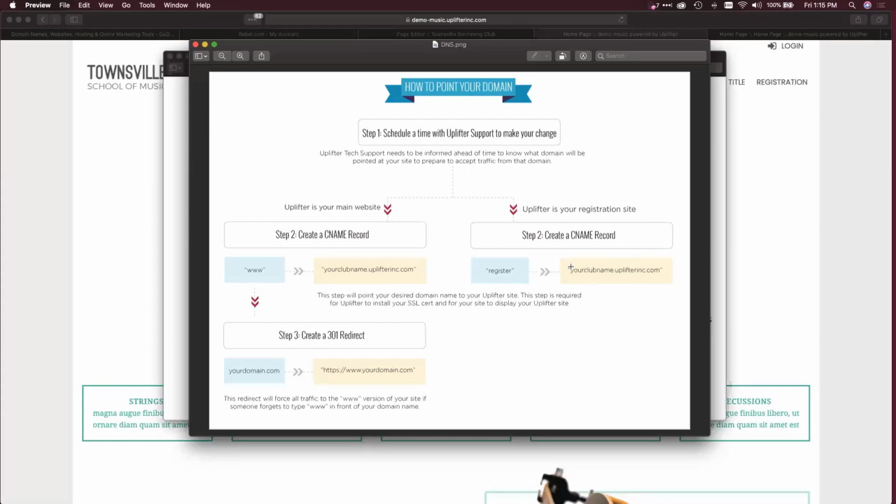Now you'll notice here, and I'll show you in the screenshots as I'm going to demonstrate in a couple of interfaces how to do this, that there's no HTTP or HTTPS in front of this. This is just simply your Uplifter domain, subdomain that you've selected. If you are going to be using Uplifter for your main website, for your www, there is this third step,